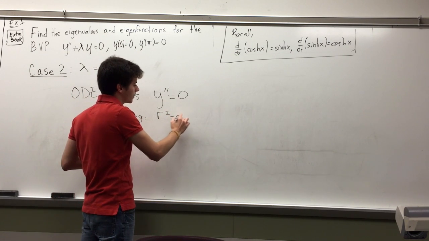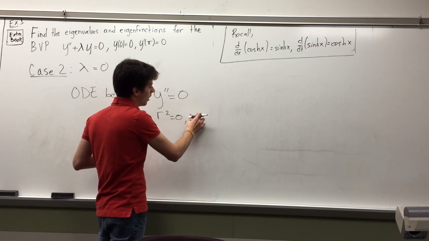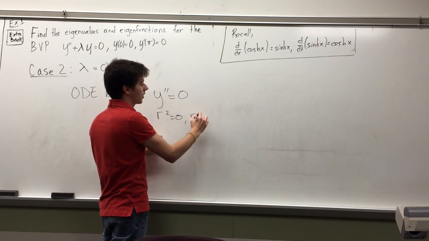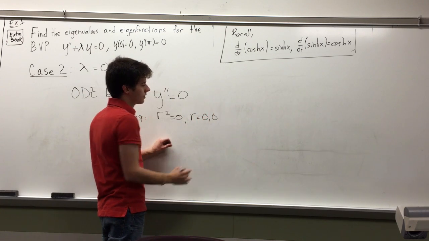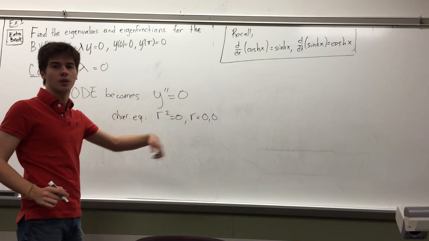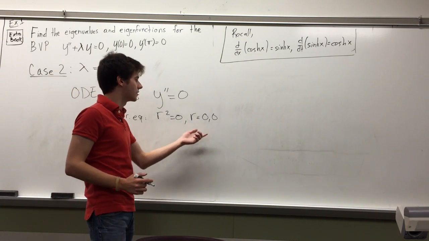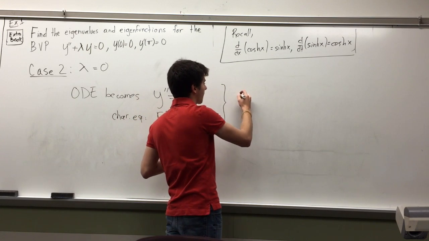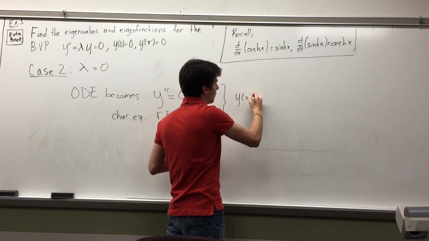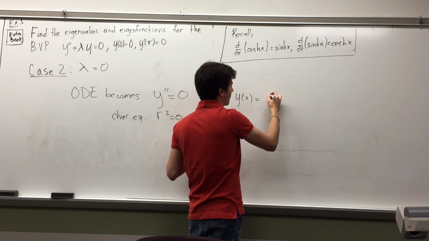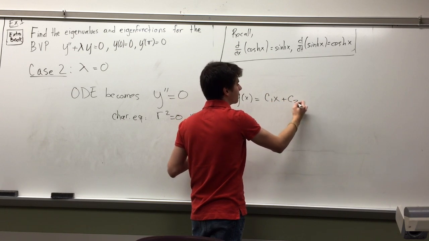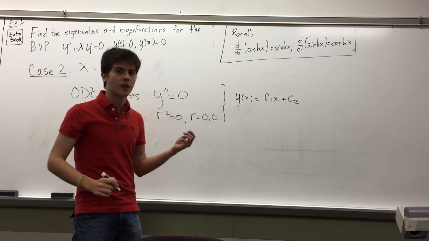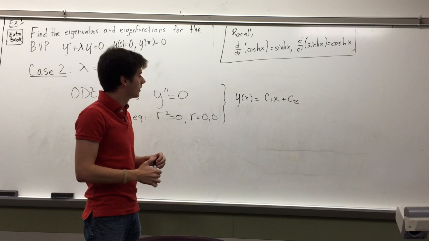R squared is equal to 0. And so the solution of the characteristic equation is a repeated root of 0. So we have 0 and 0. If we write out our general solution, y of x, then we have c1 x plus c2. And the reason for that, I kind of explained it in the last video,